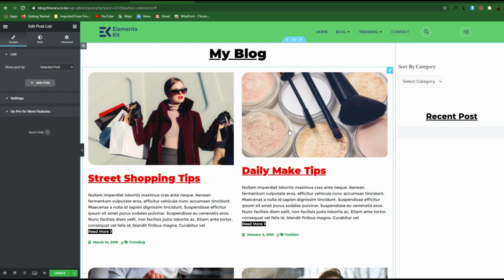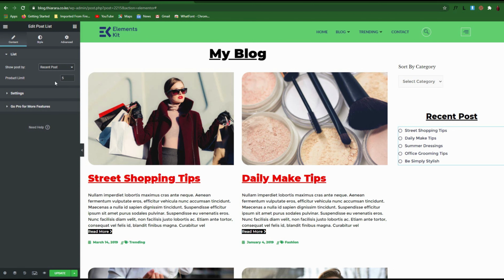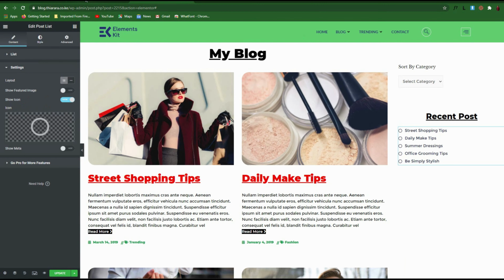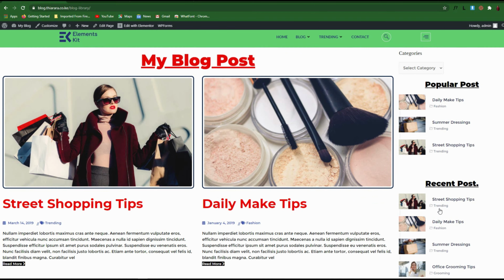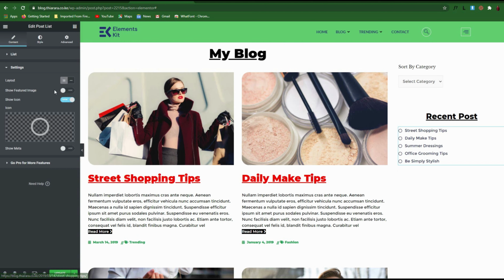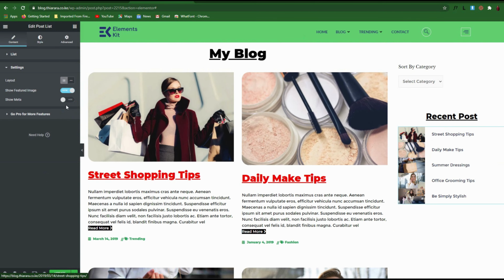I drop it like that. From there, I select the category. I select recent post. Number of post limit, I can use something like 5, and I also come to setting. We want to add even the image like this. So you come here, and first of all, when you come to setting, you show featured image like that, and